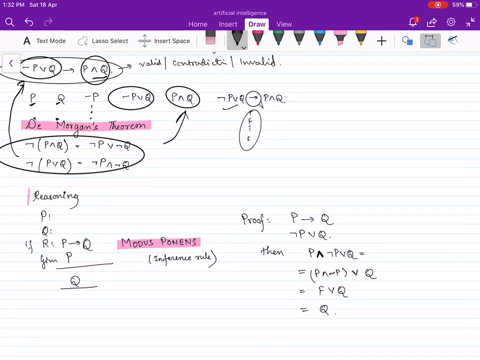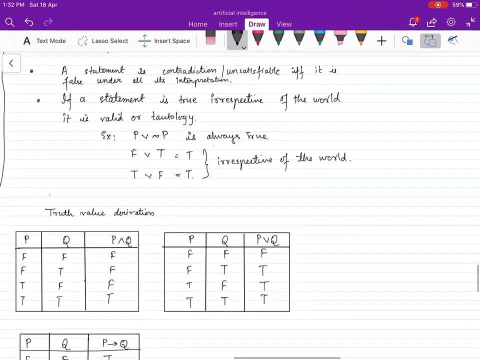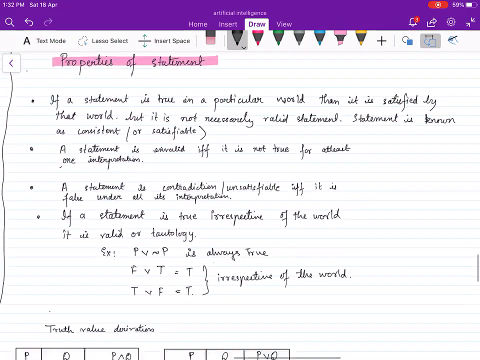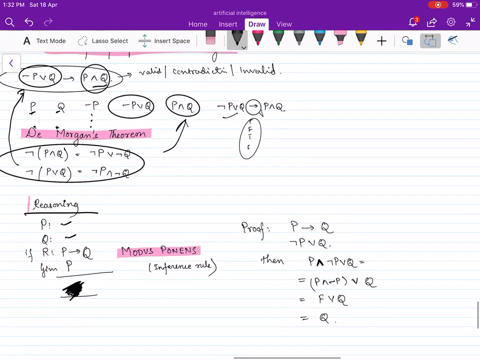And next we have some reasoning kind of properties. For example, if some statement P is given, and P implies Q is given, and P is given, then what will be the solution? We have to find it. Let's suppose the solution is not given and we have to find it. For example, here we have taken an example: if he campaigns hard, he will be elected. So as a sentence it is given,